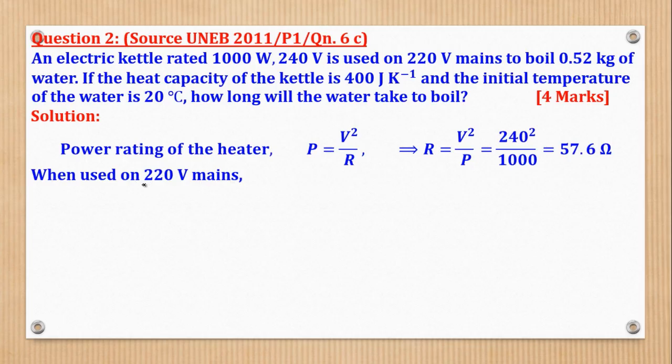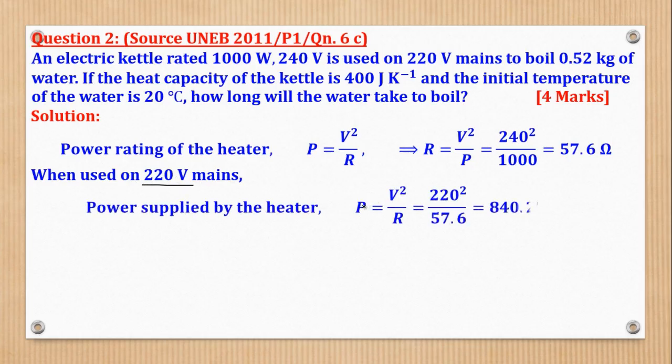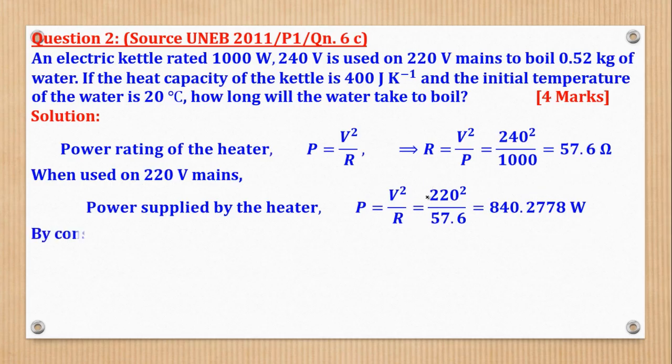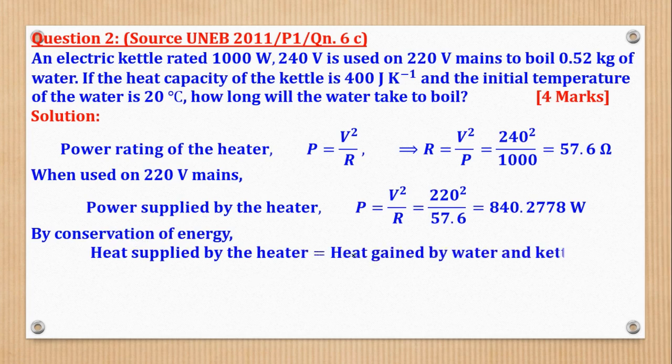So when used on a 220 volt mains, it implies that the power supplied by the heater will be V squared over R, and the V is now this one, and the R is this, which is a constant. So the power will now be this. Okay, then we shall say that by conservation of energy, heat supplied by the heater is equal to